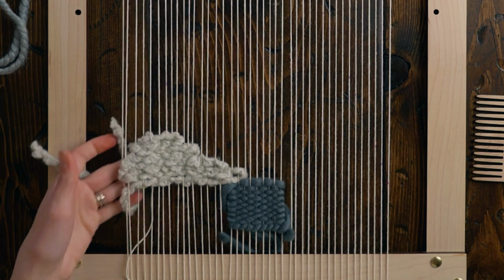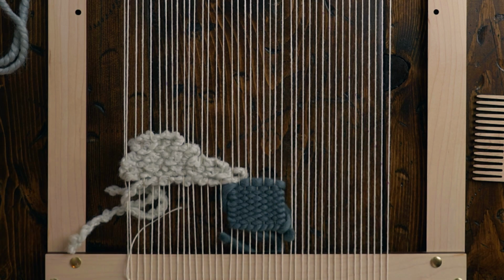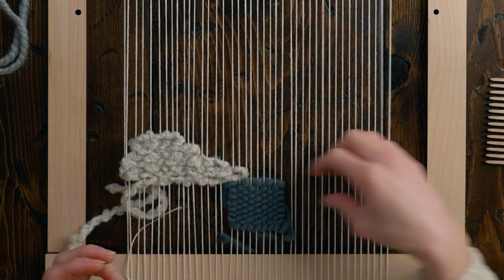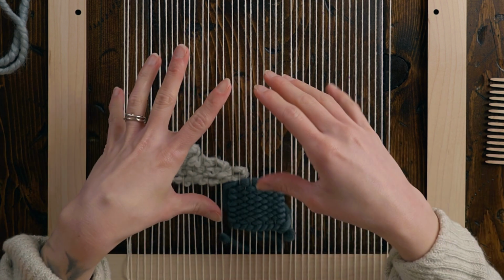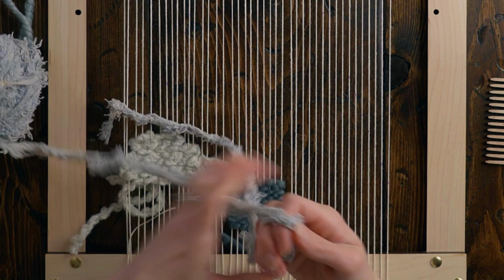Okay, so I have my first little section and I quite like it so far. Loving these colors. So now I want to do something over here next, because I want to make sure this bottom is gonna work well, and then we'll start getting a little bit more chunky with the materials, I think. So I do have this